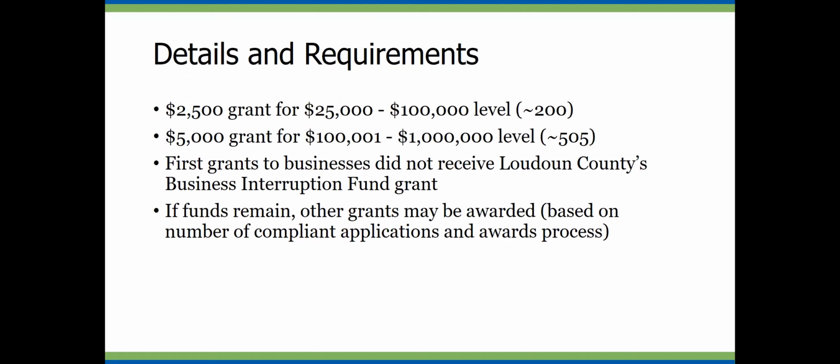So everybody will be able to apply. They will separate the applications into 2 groups. The one is the group that did not get any Loudoun money, and the second group will be the ones that did. The ones that did will go in sort of a standby mode. They will wait for the first round to be completed. First, they will do a drawing of all of the qualified applications who did not get money from the Loudoun County grant. If there is money still available, in other words, if they have not given out the 200 and the 505 grants, then they will do another drawing, which will include the businesses that did get money from the